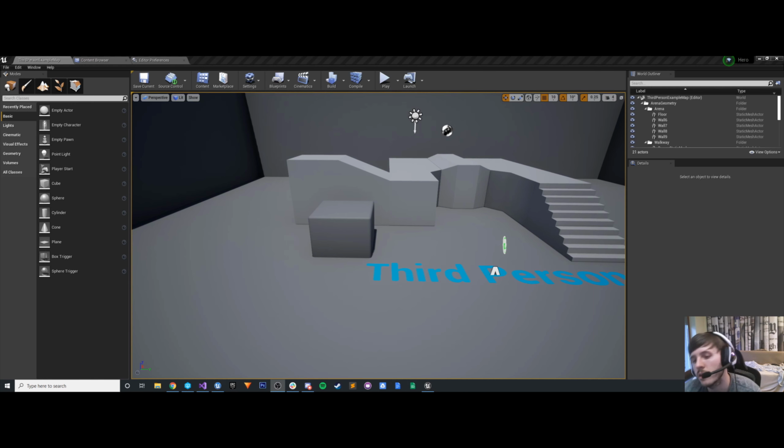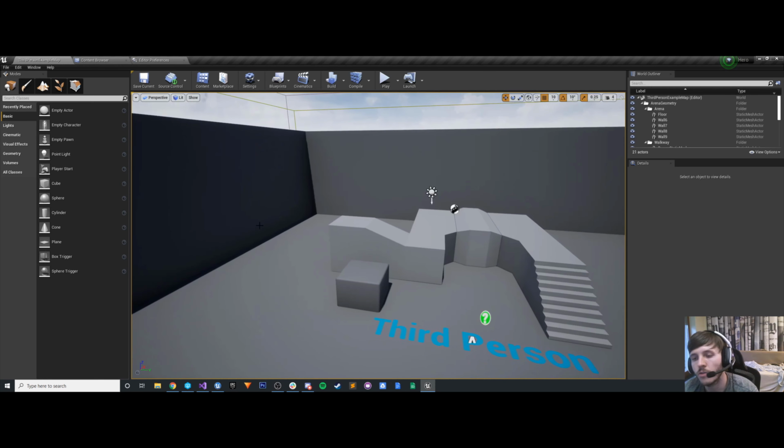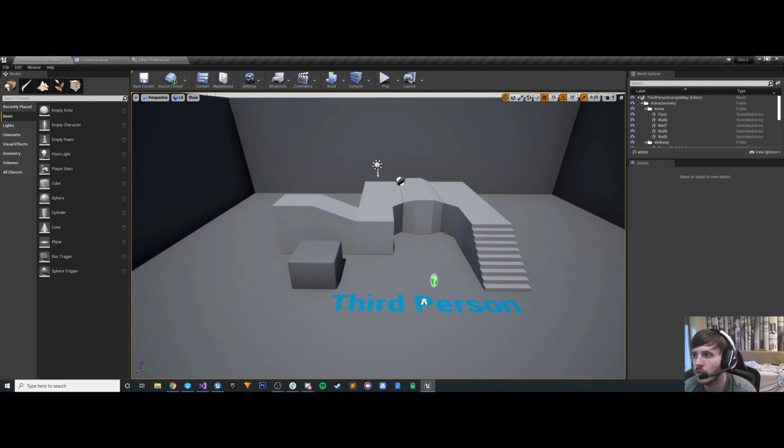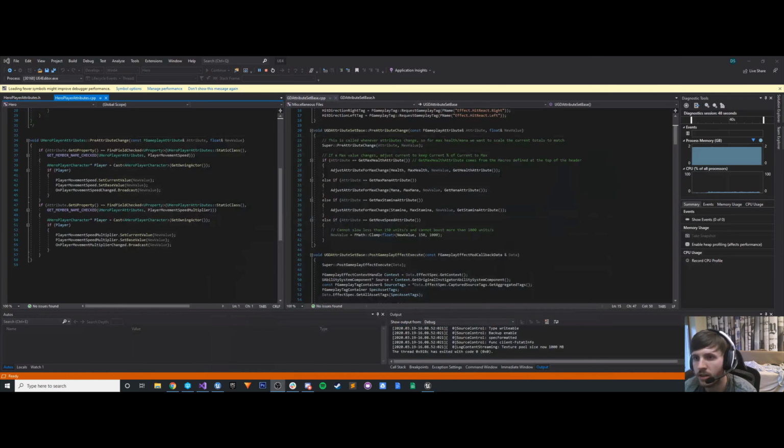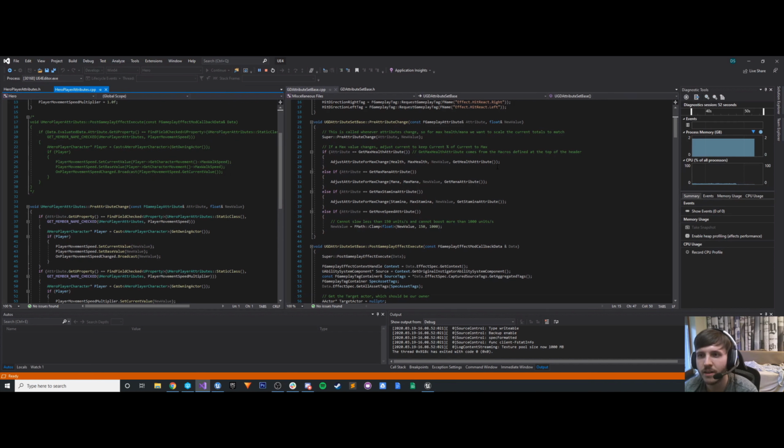We're back working in Unreal Engine 4, 4.24.2, I believe, on our hero project. It's 4.24.1. In this one, we're going to continue where we left off. We have our movement speed attributes, but I know I really messed up how I implemented it, because I have, I'll link it in the description, but